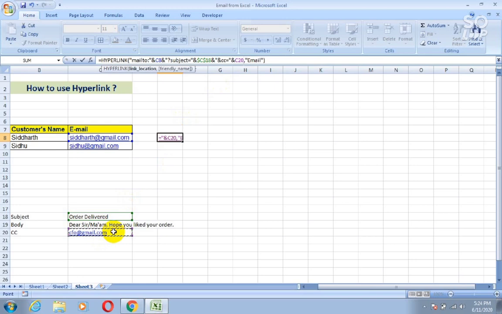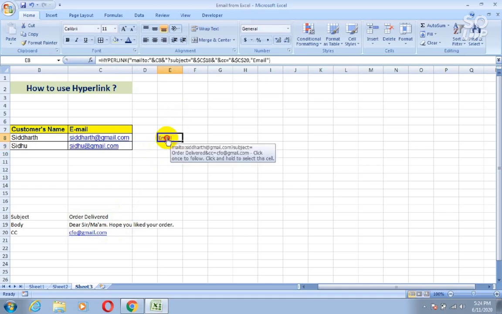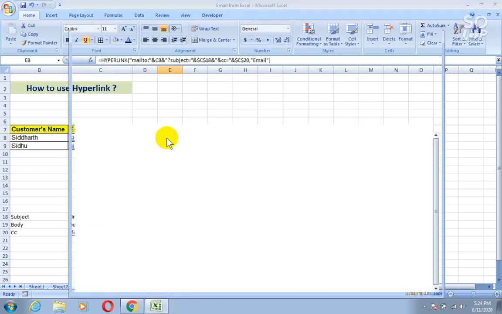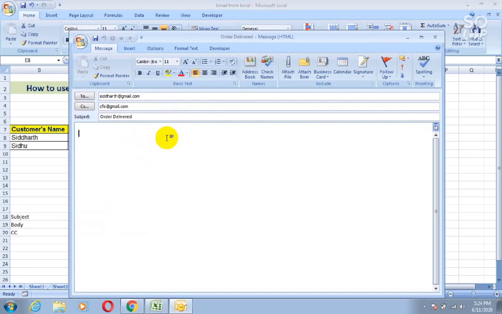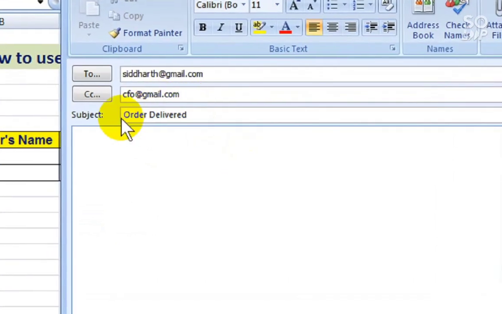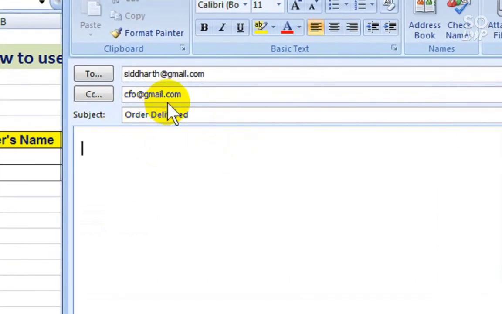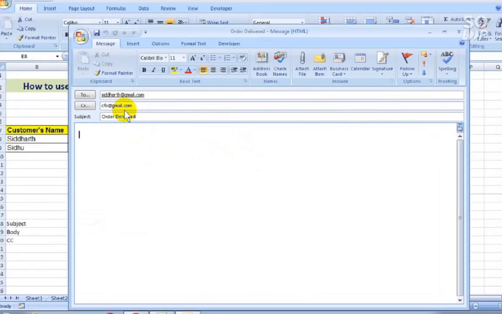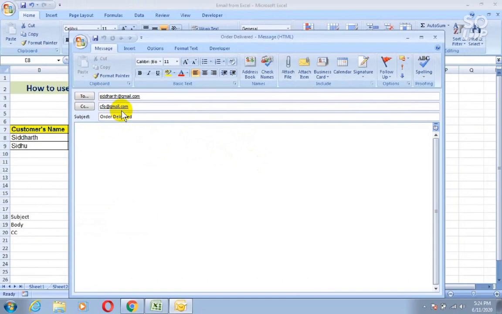Now again don't forget to freeze this cell with the help of the F4 key. Now press enter. Now again click on email. So here as you can see, your CC is automatically typed, that is cfo@gmail.com. Now again close this window.